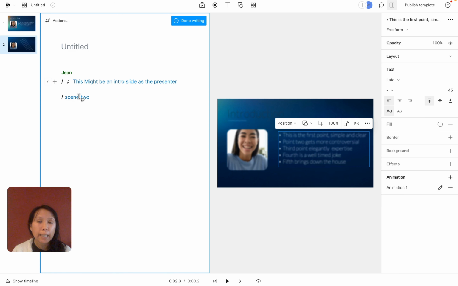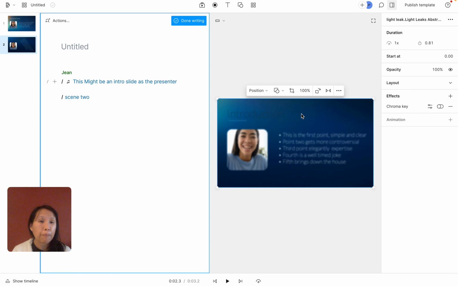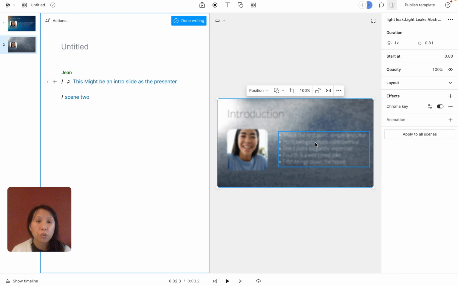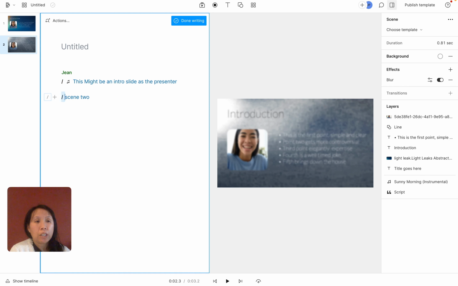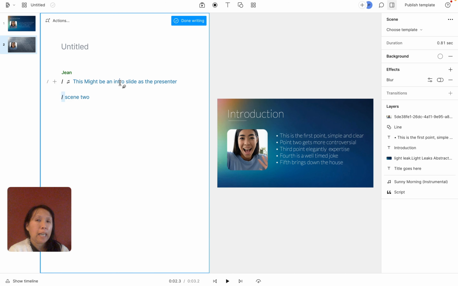But what's more important is that you get into the habit of exploring this as well, and you can apply this to all scenes, but as I recommend, you should use this as a foundation for your introduction and conclusion slide, and then play with the colors in the middle, the story or content slides. So I'm going to turn off the blur, but I have applied the chroma effect. And then what I can also do is, if I am doing this in a webinar,